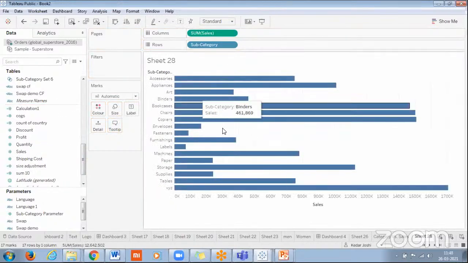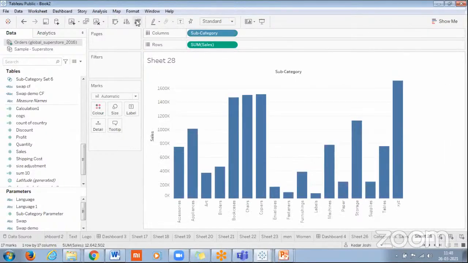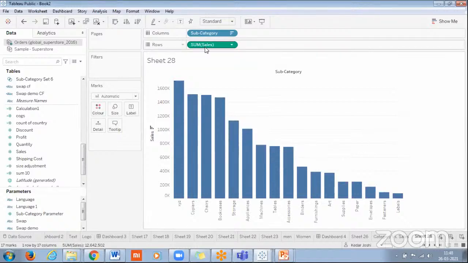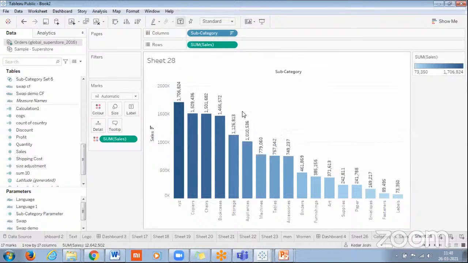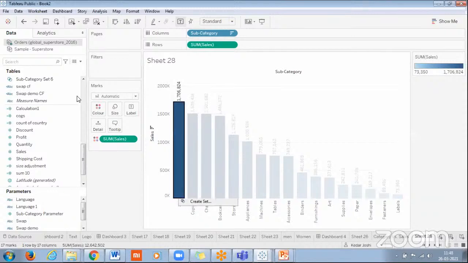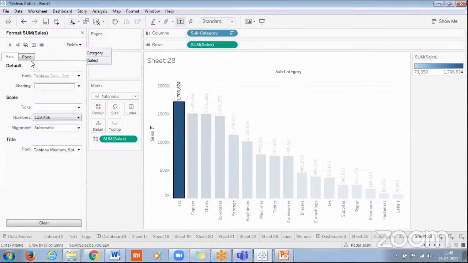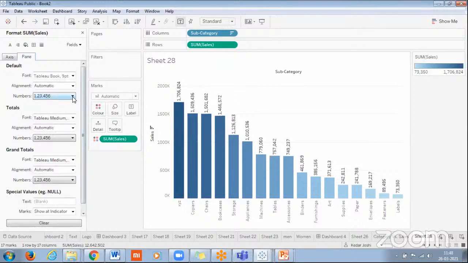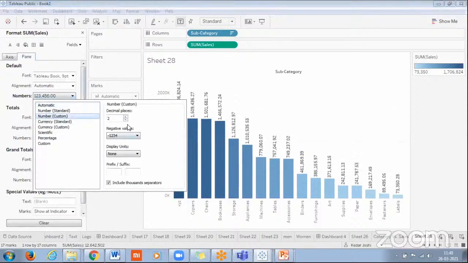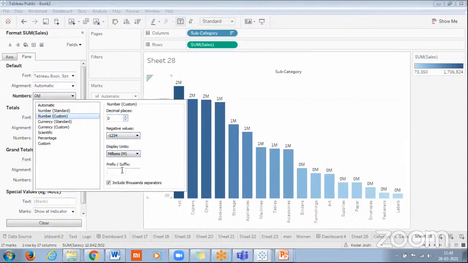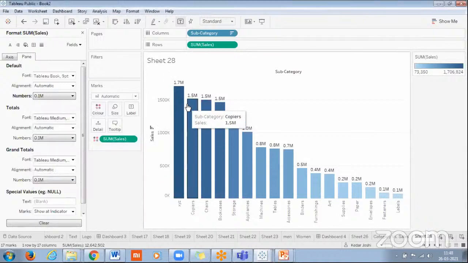So this is the cell, and it looks average like this, but it looks good if it is like this. So again we have the same fundamentals to apply here, and if you can just place it in the figures. Here, as it's a different sheet, we always need to have this number formatting. Go to custom. We don't want any decimal initially, but let's see after making it million what it says, because see these are the ties here, so we can just have one decimal, so that we will have at least